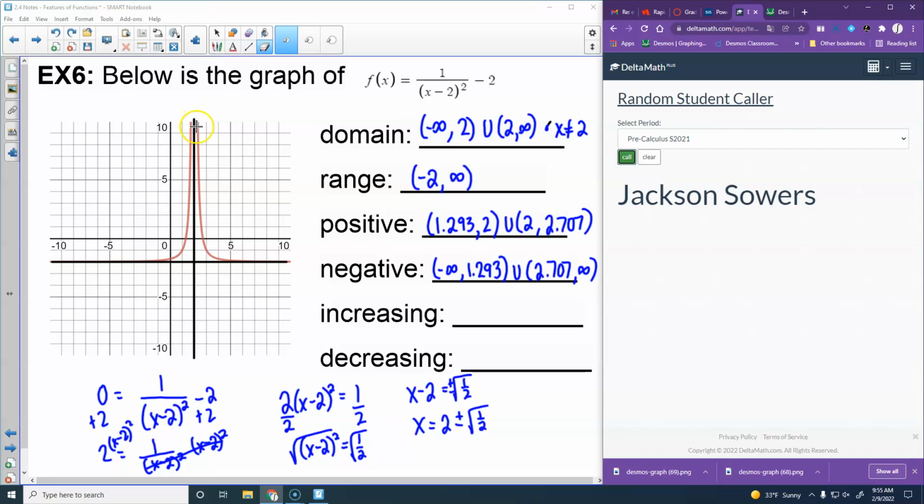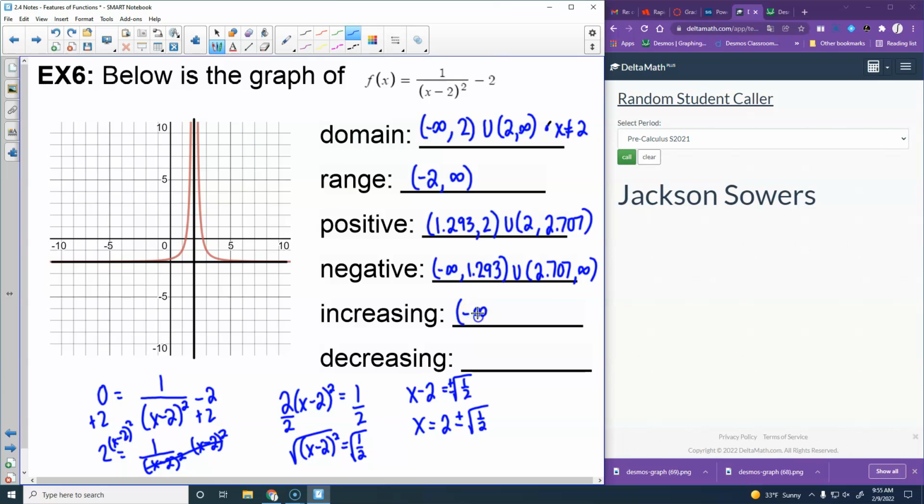Then after the asymptote, what's the graph doing? It goes back down, so it's decreasing after that. So we're going to be increasing just on this left-hand side of the graph. And so that would be negative infinity up until we get to that vertical asymptote, which has a value of 2. And then we're almost out of time. So decreasing is going to happen from 2 to infinity. And we had a few more that we were going to do, but